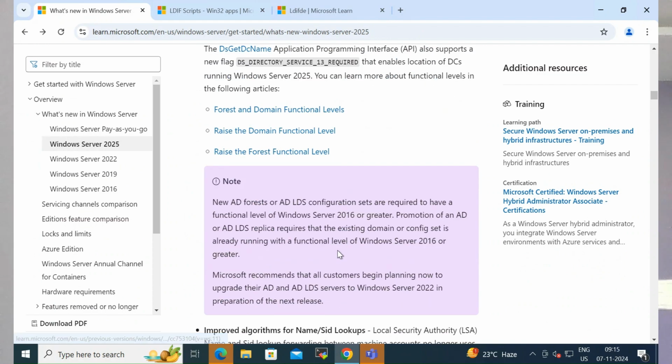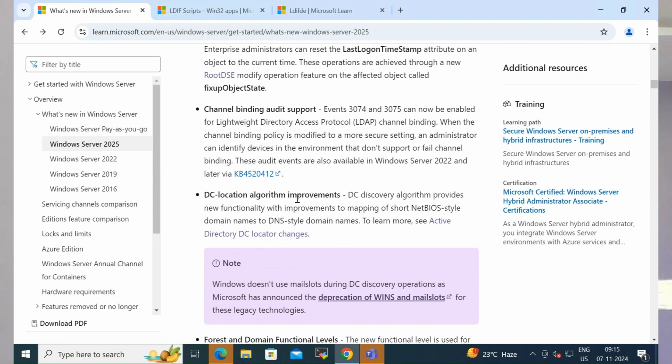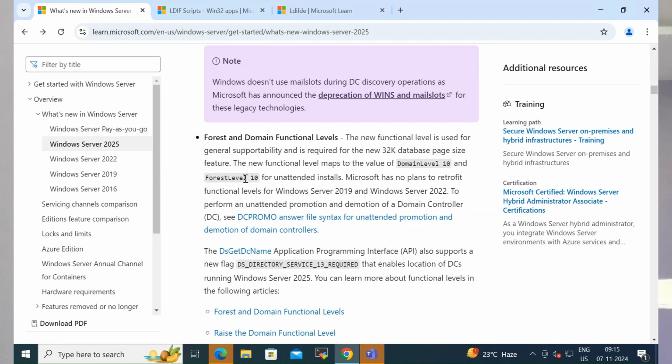Okay, so we were at the DC location algorithm. Now, forest and domain functional label. Another new functional label is used for general supportability, and it is required for the new 32k database page size feature. The new functional label maps to the value of domain label 10 and forest label 10